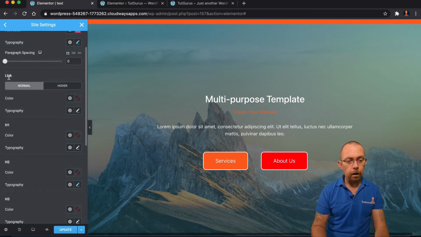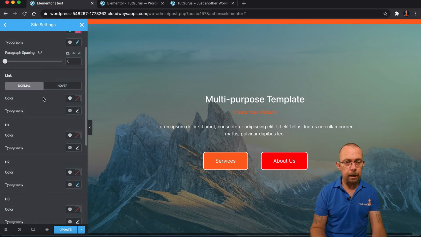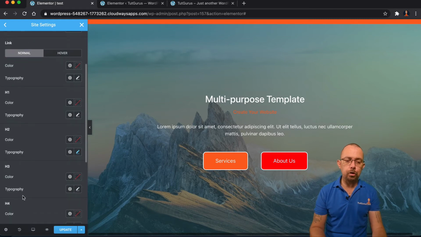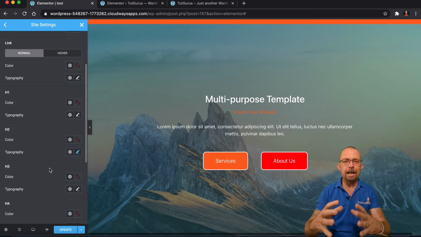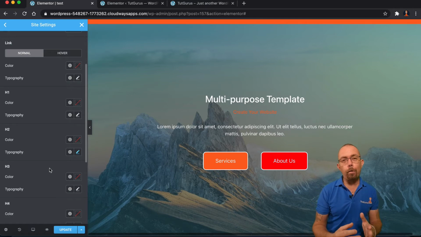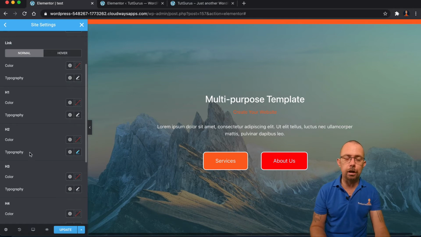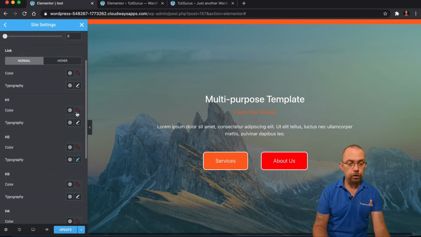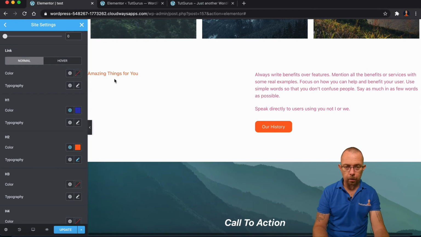What else have we got here? We've got links, so we can make link colors a specific color. We've got H1s, H2s, H3s, H4s. Now, H tags are a way of formatting your headers inside your websites. They're really good when it comes to SEO. We normally have an H1 as your main H tag, then we've got H2s, H3s. It's just a way of formatting different types of titles. They're structured in a specific way, and we can control those. So we could come in here and set the primary color, so H1 is blue. I could set H2s to all have Ali orange. You'll now notice that these are going orange.